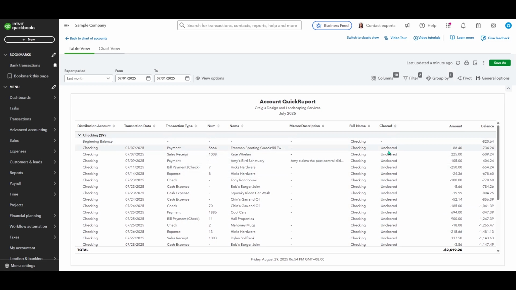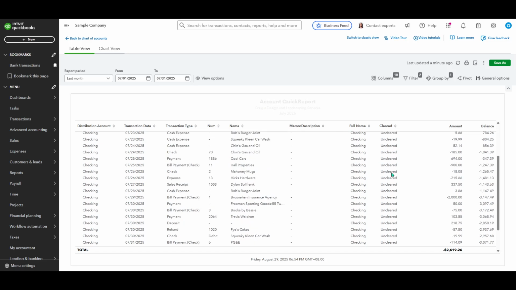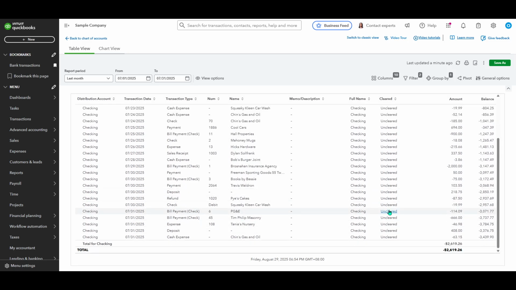This filtered view can be incredibly helpful in managing your cash flow and ensuring there are no surprises waiting in your reconciliation process. In a few straightforward steps, you've set up a report that keeps you informed and in control